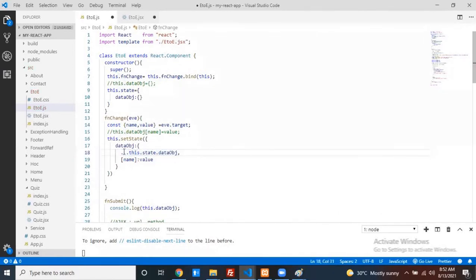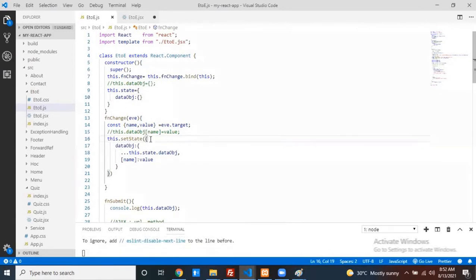How many properties are there? Question, your question, one property. Now the next property is option 1. This property and this property are merged. That means in total how many properties? Two properties. The two properties assigned to my data object are what get updated within the state variable or not. Great. This is the way you are going to update your data.